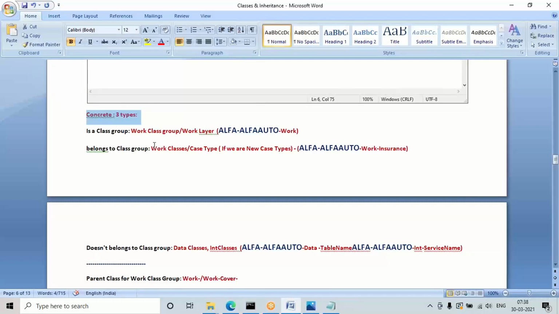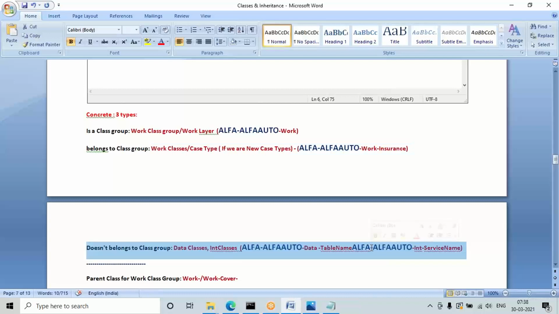In concrete, the work layer comes under is a class group, any subclasses created under the work layer come under belongs to class group, and any data classes or integration classes created come under does not belong to class group. Any classes we have only have these types. In any application you work on, only these classes will be there. The only thing is that it depends on the design requirement, so sometimes most of the design will be created in the work layer.